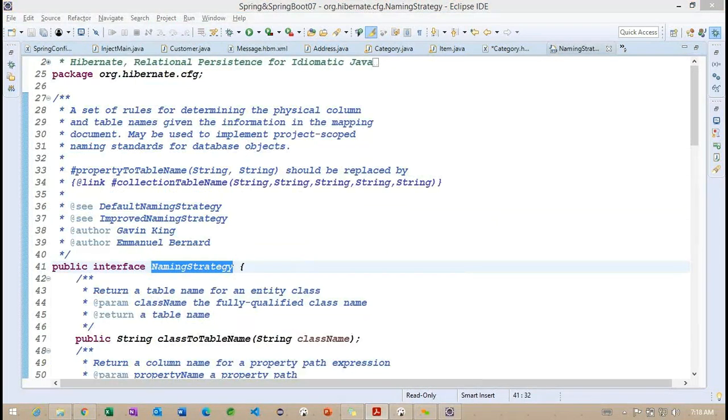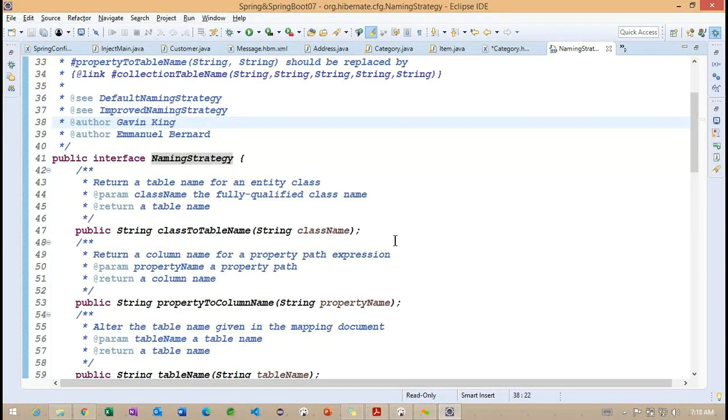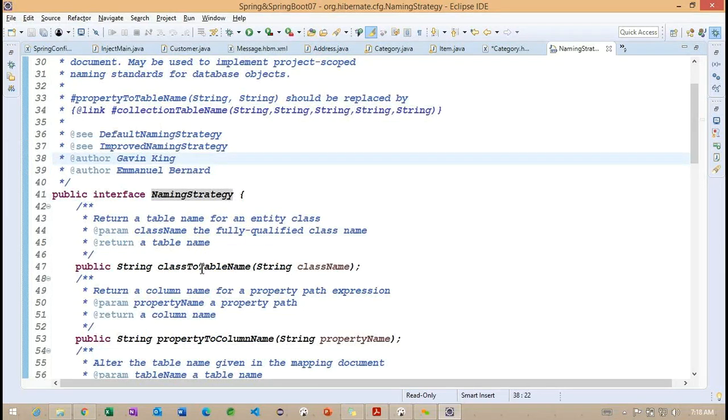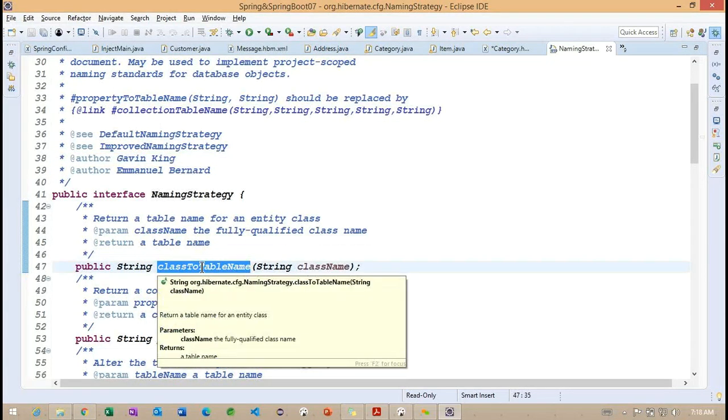Using this interface, we can override and work on the classes and the naming of the Hibernate mapping information. Observe that we have a method called class to table name. What exactly is it doing? Basically, the class to table name method is going to be called when the class element does not specify any table name.